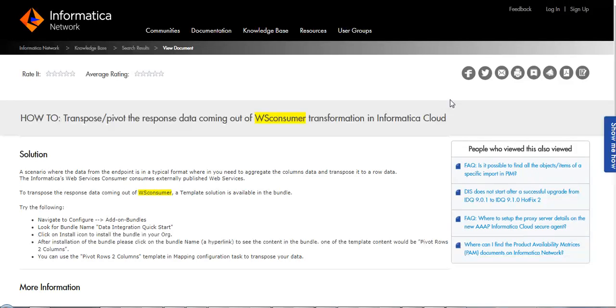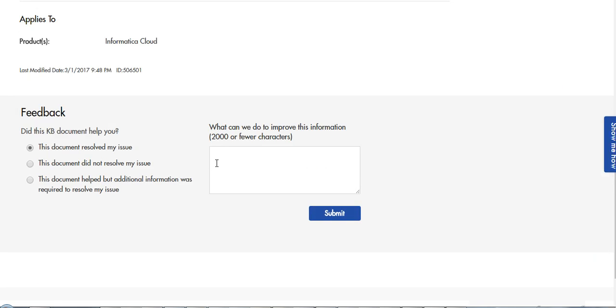You can also share the article with the various share options provided on the top of the article view page and download a PDF for local use. Your feedback is valuable to us, so please do share your feedback and comments about the article, which is available at the bottom of the article view page. To give feedback, you need to be specifically logged into the network.